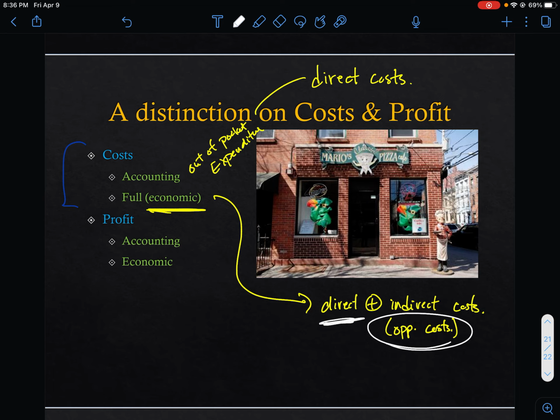You could have invested in a money market account. You could have invested in the stock market. You could have lent it to someone else. And in all of those situations, you would earn interest. So the money that you give up, that's part of the cost of running your pizza shop. And the same thing for your time. If you work in your shop and you don't take a salary or you draw a very small salary, but if you didn't work in your own pizza shop, you could be off somewhere else working for a salary or for a wage.